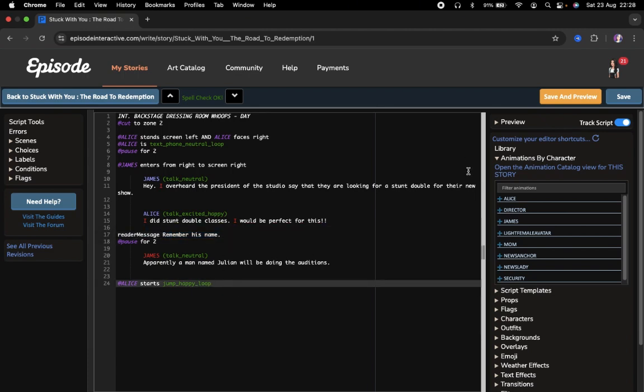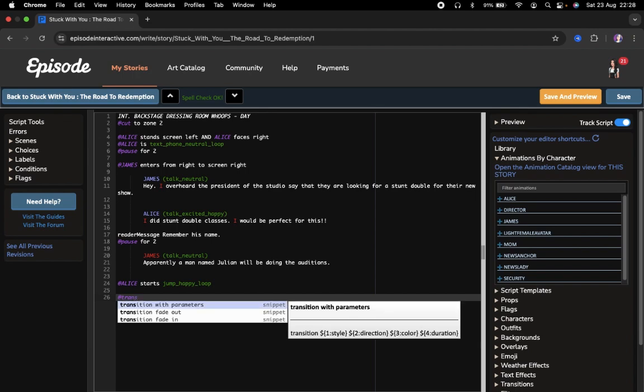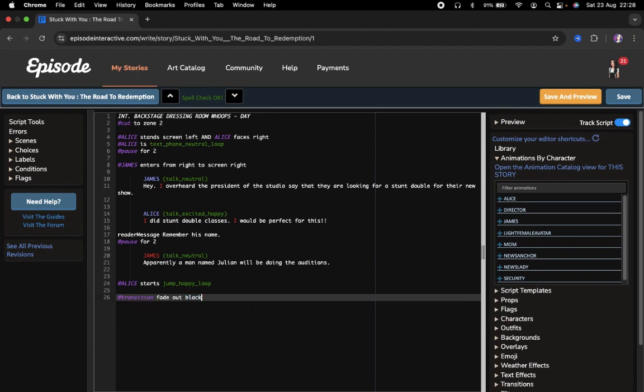Okay, so now I'm gonna code a scene where it ties back in. So after she's jumping and everything's happening, I'm going to add a transition. So I'm gonna transition, fade out, black 1, so it fades out within a second, and then I'm going to add another background just to make it seem like some time has passed. So I'm going to use the int movie